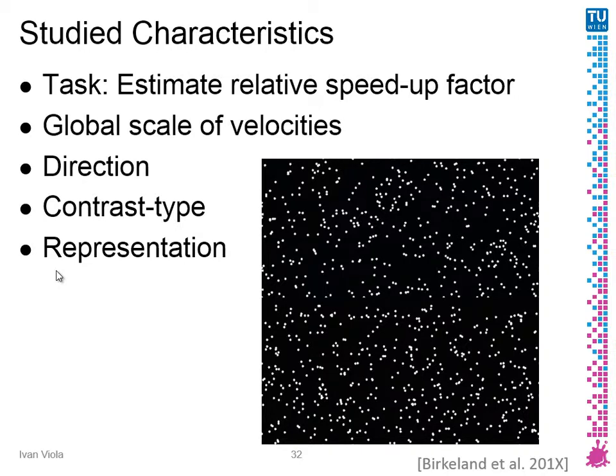Yeah, we can have an interval of speeds which we perceive, and some speeds are slow, and on the other end there are high speeds. And if we are on this edge, on this end, with both of this, that would be the global scale of velocities. How good we are in this perceived speed interval. That was one question. Another question was, if we have different directions of the velocity of the flow, can we still combine it? Can we tell whether this is faster or slower, even if it goes that entirely other direction or even opposite directions? Then previous literature was claiming that there was